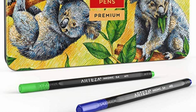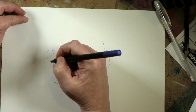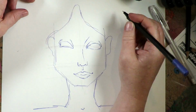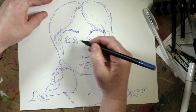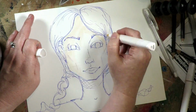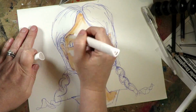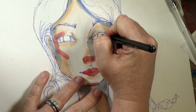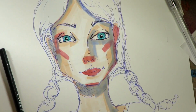In addition to that one, I'm going to also talk briefly about Arteza's other markers that they sent to me, the Inkonic Fineliners and their alcohol markers, and you'll see this in other separate reviews for those individual products, but you can combine all of these products together because the alcohol in the alcohol markers, which is what I'm using here, doesn't activate the water-based ink that's in their other 2 fine liners and the markers that I was reviewing today. So when you put them together, you can make